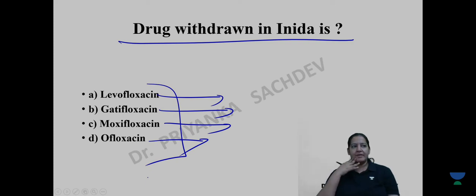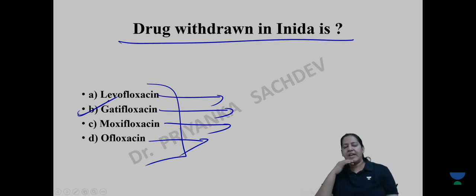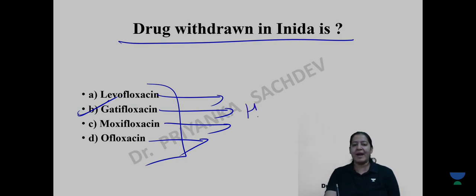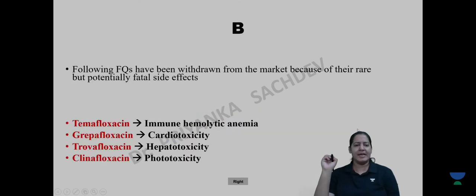Abhijit, would you like to try? Yes, Amar, absolutely right. So Gatti is the name of the drug. So Amar, Sufi, can you tell me the reason why Gatti is banned in India nowadays? It is a recent drug which is banned because it causes hyperglycemia. Severe hyperglycemia. That's why it is banned.